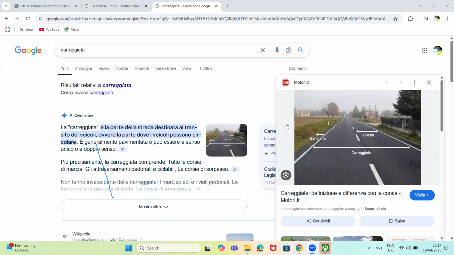In a situation of senso unico and in a situation of doppio senso, and there is a discontinuous line in the center of the carreggiata, I want to turn to my left. How do I turn to my left? There's a discontinuous line in the center of the carreggiata. Yes, and the writer is calling it doppio senso. How do we turn to the left in that situation?